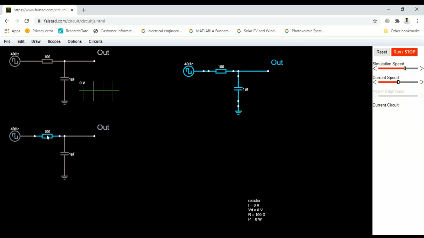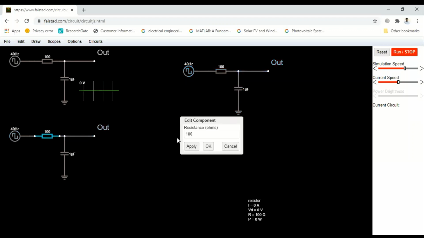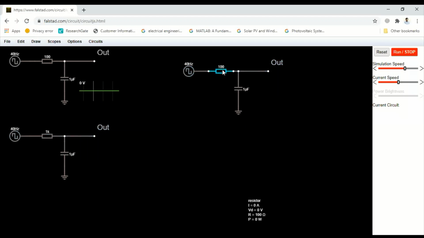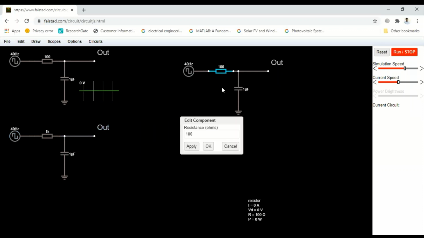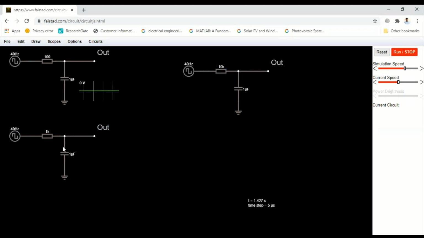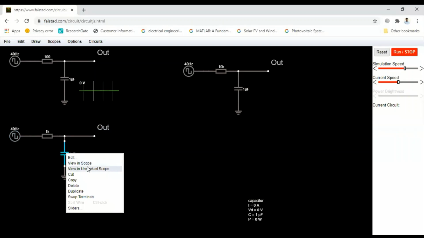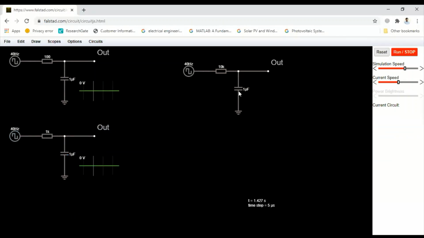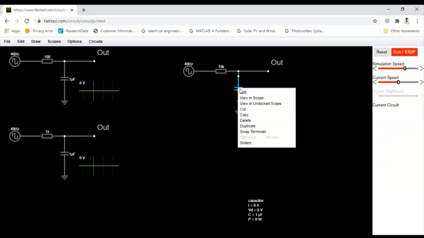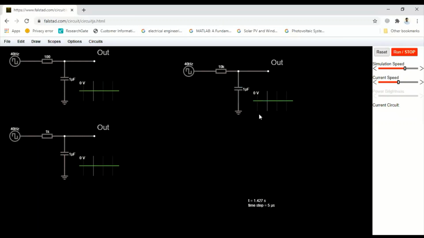The only thing I'll change right now is for 100 ohm I'll make it 1K, apply, okay. For 100 ohm here I will make it 10K. For the capacitor, right click and view in undocked scope, right click, view in undocked scope.